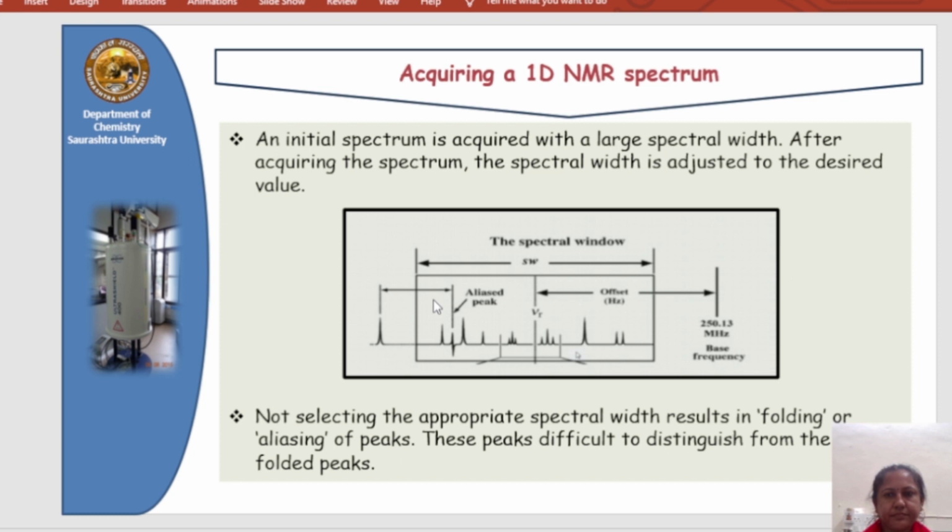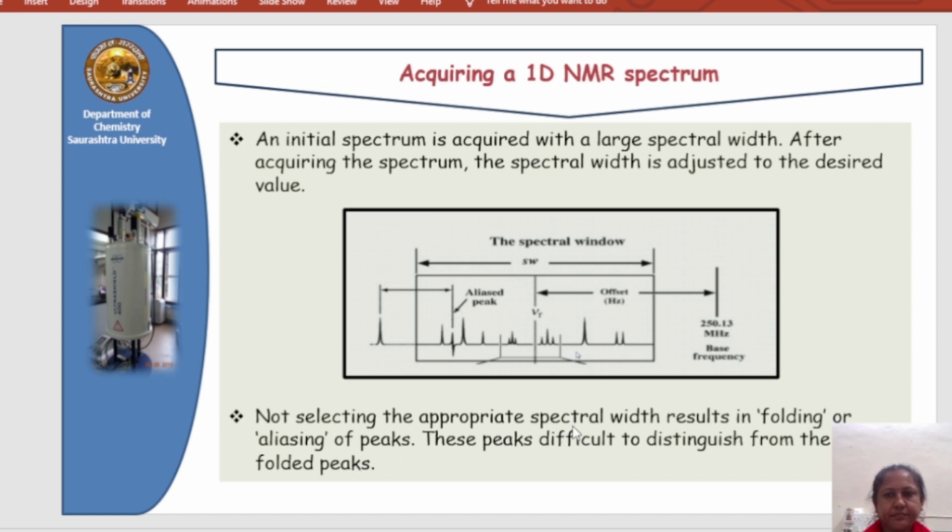Spectral width is basically the range of chemical shift where you can accept to receive the peak. So we have to set the typical value as per the constitution of the molecules. If not set properly, many peaks shift or fall outside of the spectral width, which cannot be observed when we record the spectrum, because there is a device, also known as a filter, that can cut this spectrum, and we cannot observe those things.